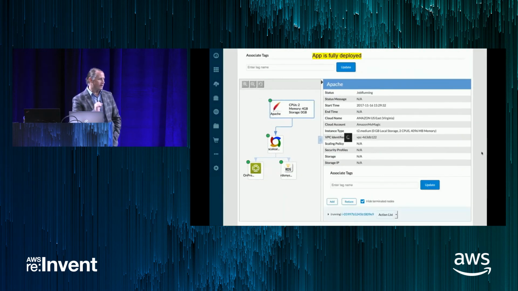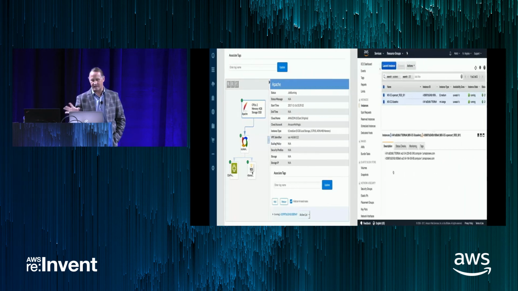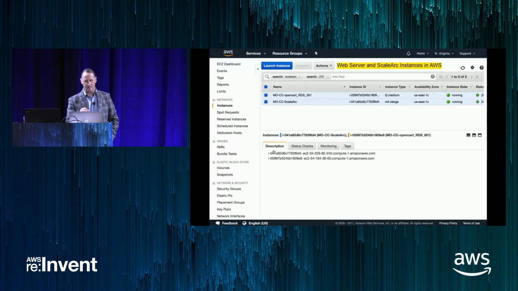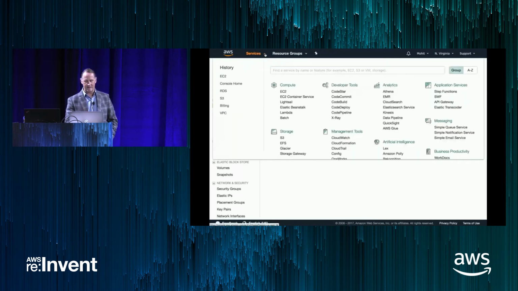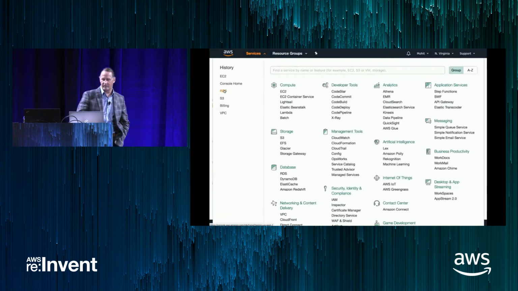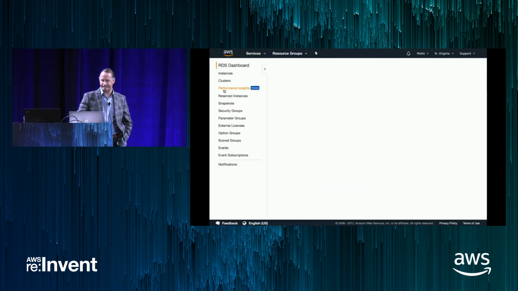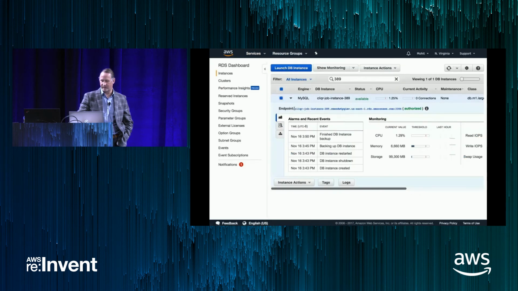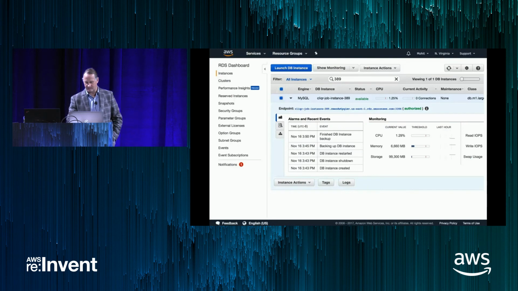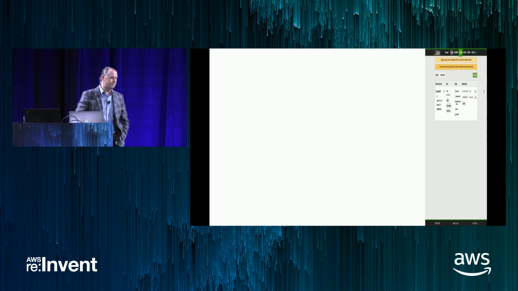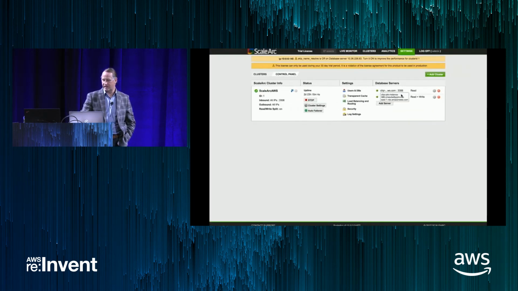Same thing, CloudCenter is now going out and doing all the orchestration, dropping all the products, calling Amazon RDS, setting up the databases, and now you see that we not only have OpenCart RDS, we also have a ScaleArk appliance. And then if you go into RDS here, you actually see we have a database, it's running, it has a name, job instance, something in the East Coast. Here it is, it's all set up. Okay? Do you have to use the Amazon console at all for any of this? No, we're using all the great APIs that AWS provides to do all this, just showing you what